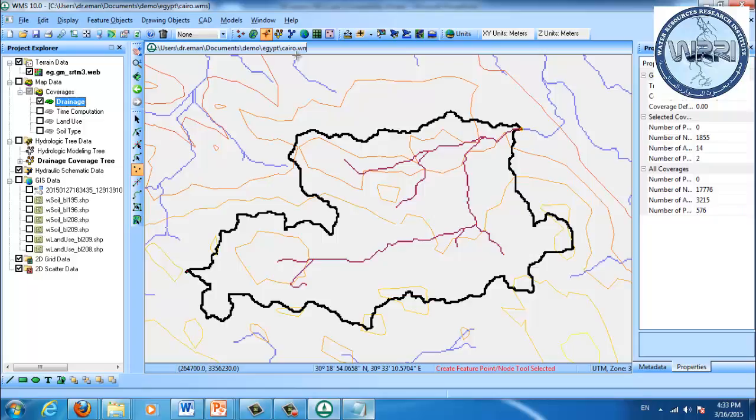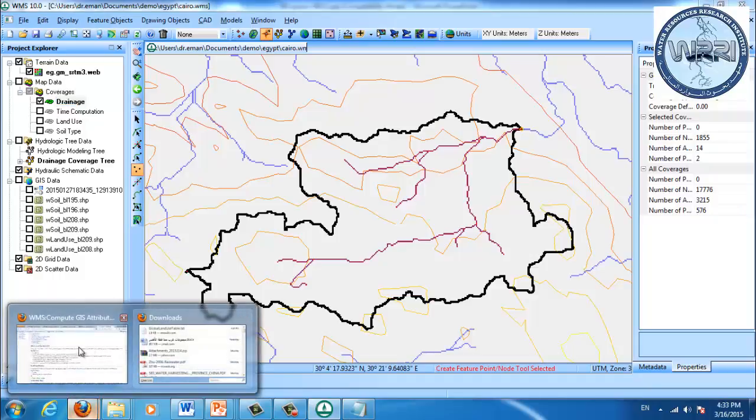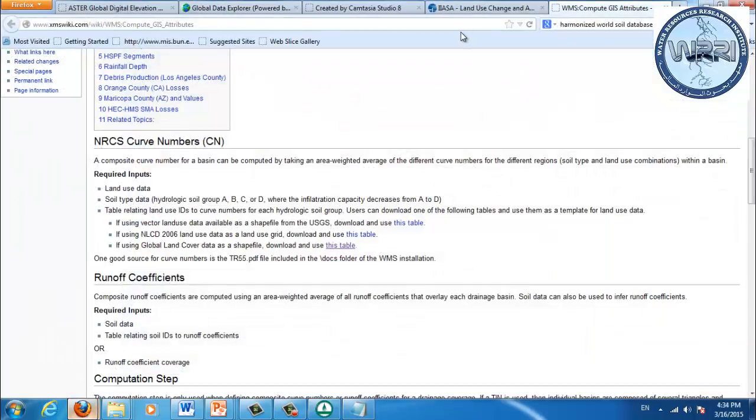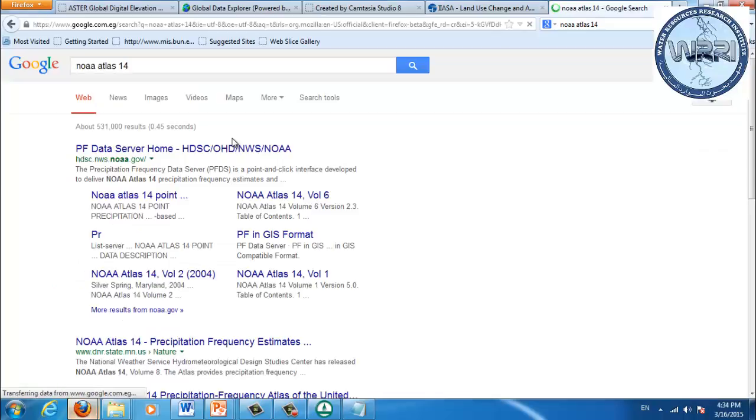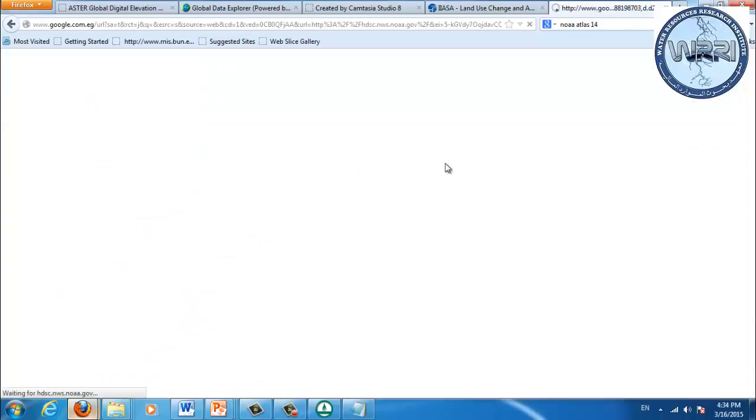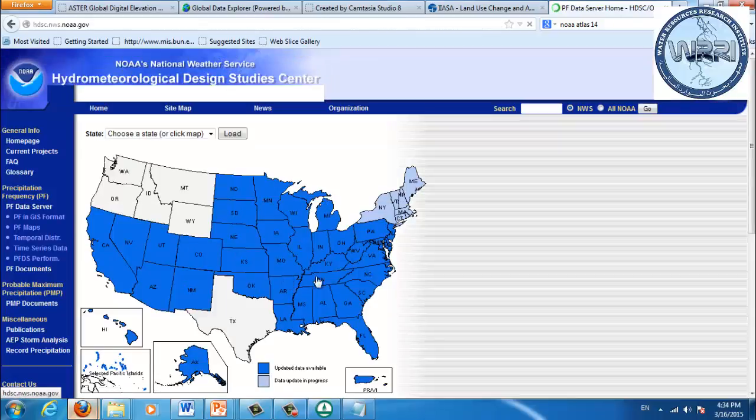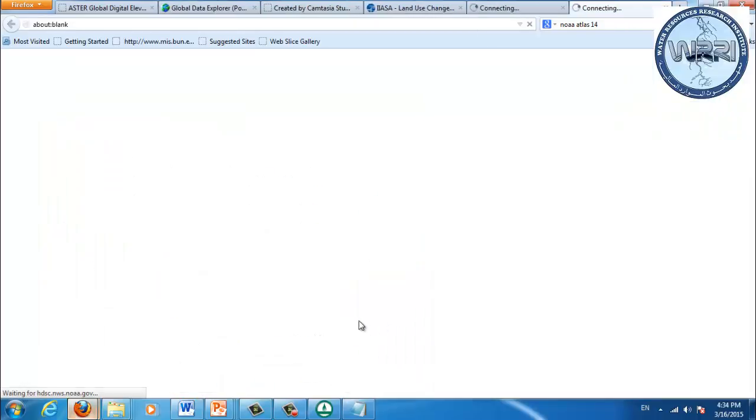In the United States, they have, let me show you this. I don't know if somebody wants to think about doing this for a PhD topic or something, but there's something called NOAA Atlas 14. In the United States, you can go to anywhere, and say I'm in Florida or something,